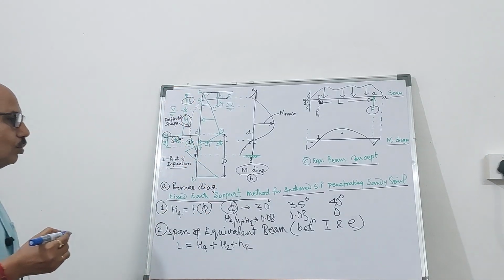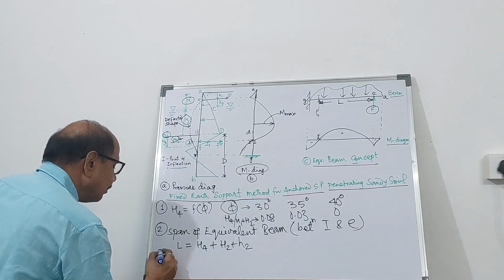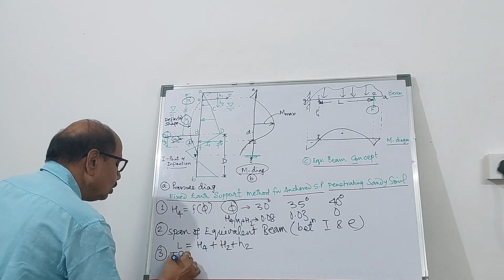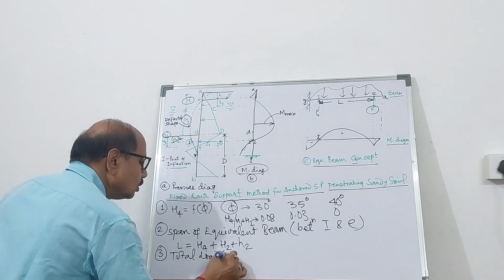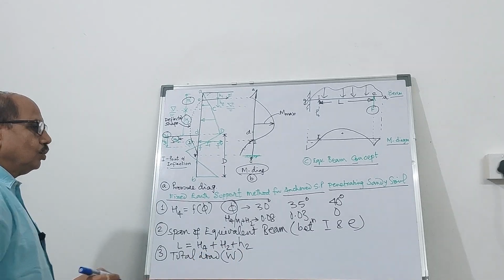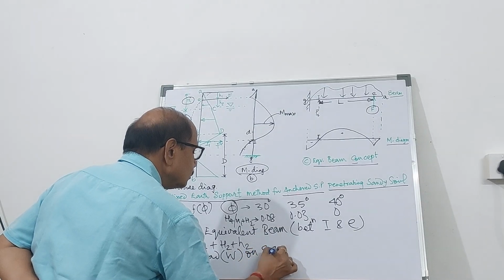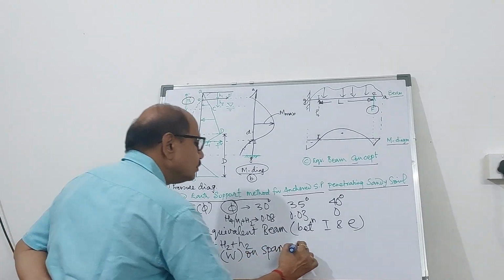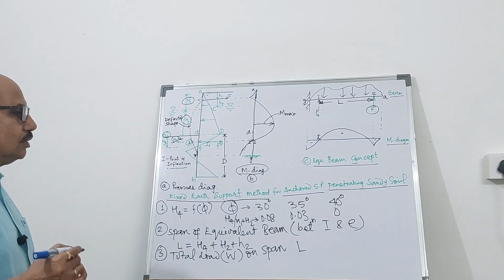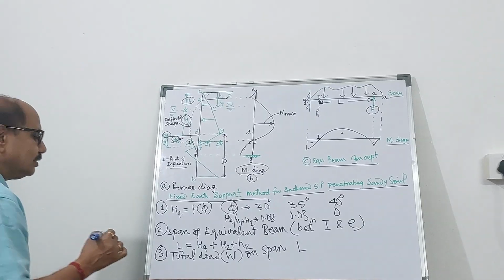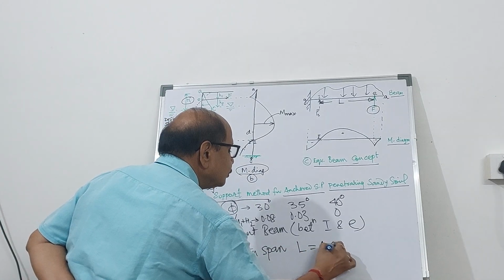What is the total load? So between I and E, find out, the third step, total load, say capital W, on a span L, as shown in the figure. So how will you find out? That is equal to the area of